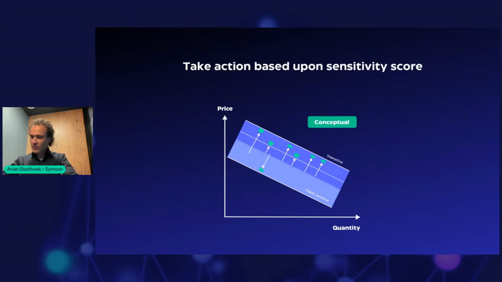However, price sensitivity works kind of similar to price elasticity, in that we want to know the impact of a price change on the quantity. So as explained in the previous slide, we have these 4 quadrants. If we focus on products which are insensitive, we give them a price increase because the quantity will be the same. We expect a limited impact on the quantity. But if it's very sensitive, our recommendation is to decrease the price because the impact on quantity is high. If you go to the next slide,